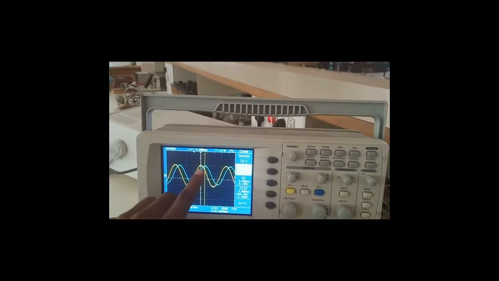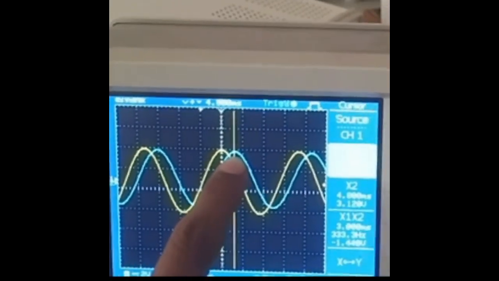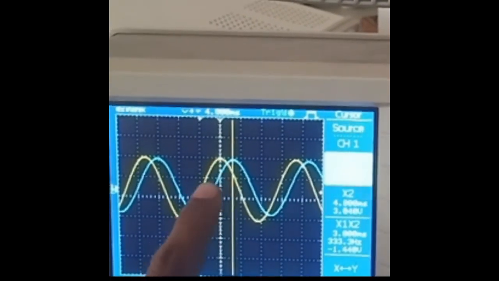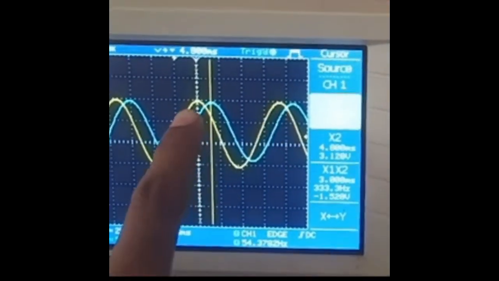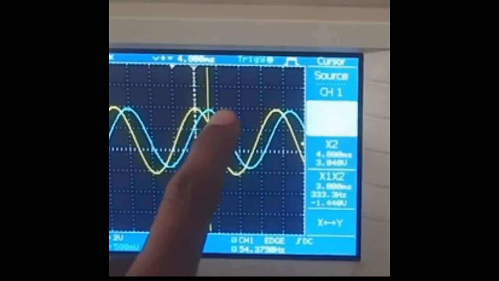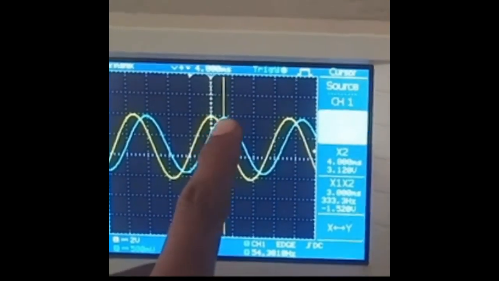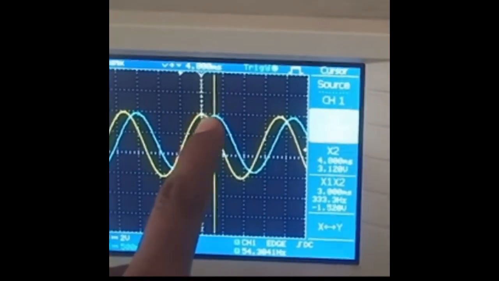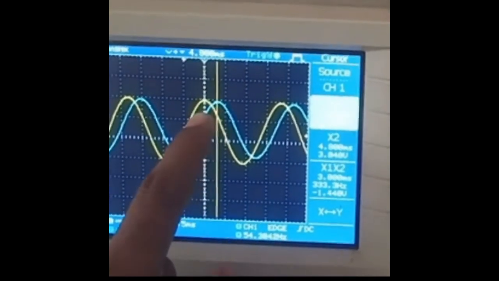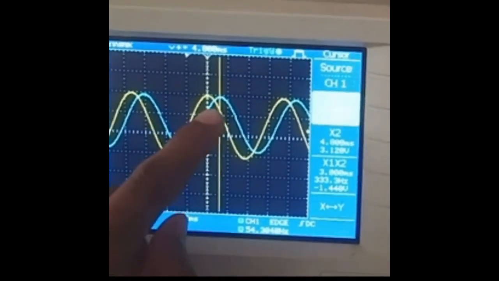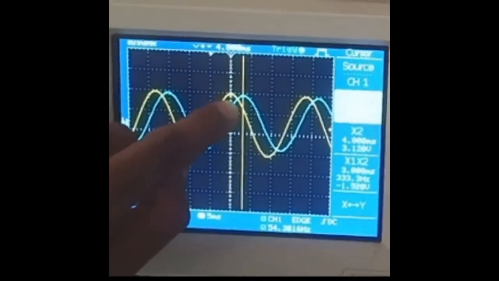The yellow color is our input voltage and the blue color line is the output voltage. If we note down the waveform of the input voltage, it takes 3.6 divisions for one complete cycle, making 360 degrees. So the value of one division will be 100 degrees, and each small 0.2 division will be 20 degrees. In order to make 60 degrees, we require 3 divisions. We can see here our output is lagging by 3 divisions, which makes 60 degrees lagging.